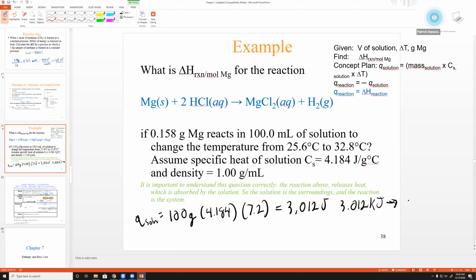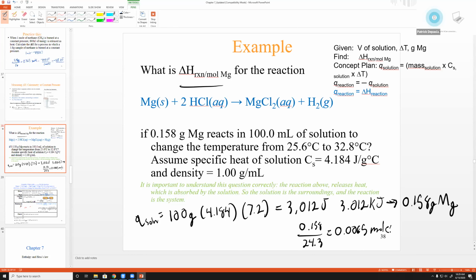This is for the reaction with 0.158 grams of magnesium. Now, for that much magnesium, you first need to figure out how many moles, because the question being asked is, what is the enthalpy per mole of magnesium? So 0.158 divided by the molar mass of magnesium, which is 24.3. You can look at the periodic table for that. That's just one of the ones I know. And you get a very small amount, 0.0065